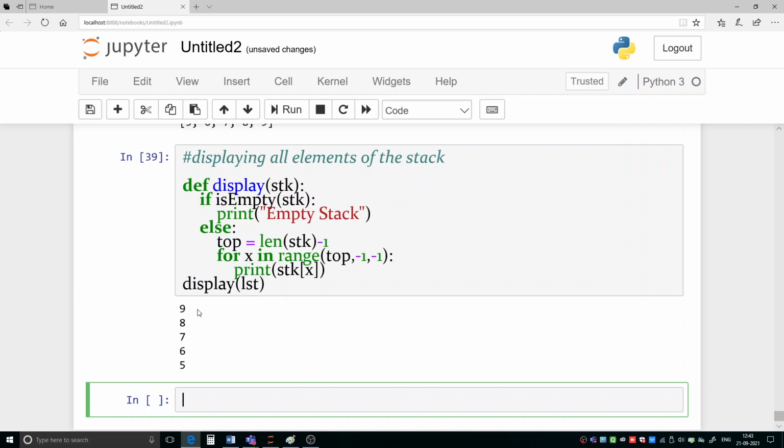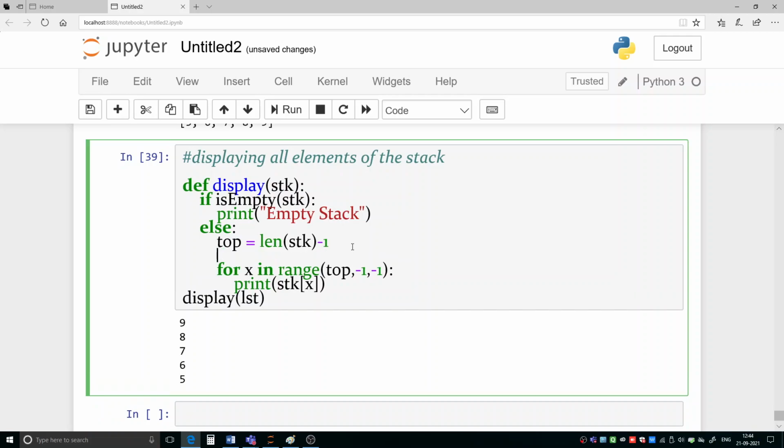If you want to display that this is the element at the top, there should be a mark or label saying this is the top element, and below that all the other elements. So that can also be done. Here we can do a little modification. We have already calculated top, so the element at the top we will print separately. Here we write print stk[top] and put a label with it, let me write top. It will indicate that this is the top element.